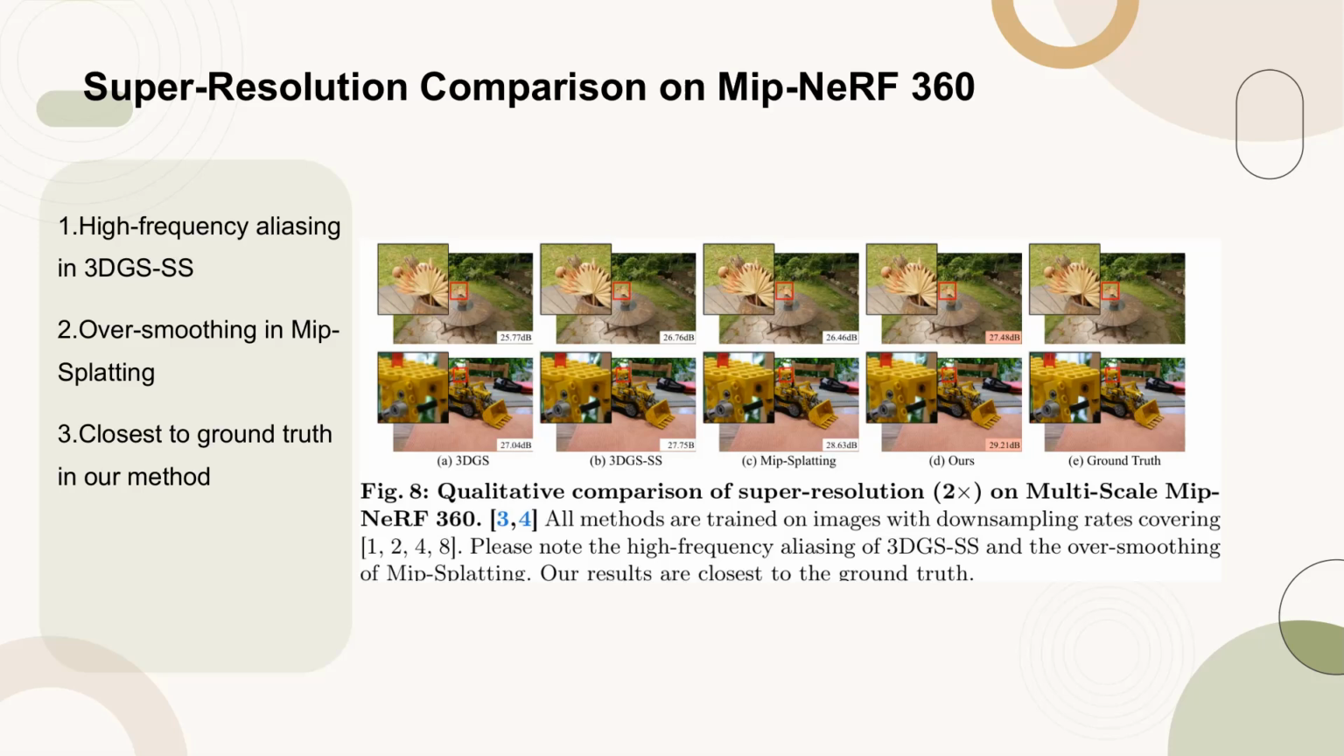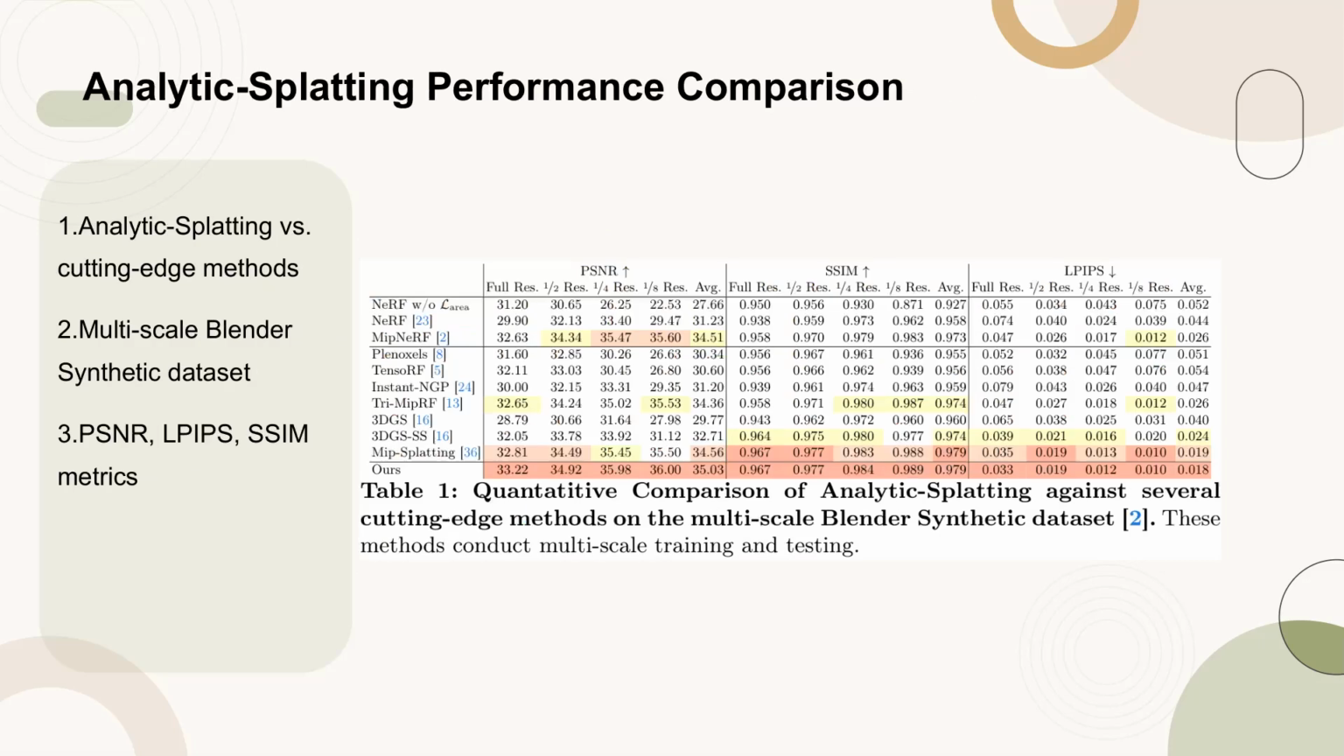scenes. Figure 8 presents a qualitative comparison of super-resolution, 2 times, on the multi-scale MIPNRF 360 dataset. The figure highlights the performance of various methods trained on images with downsampling rates ranging from 1 to 8. Notably, it points out the high-frequency aliasing observed in 3DGS-SS and the oversmoothing effect in MIP-splatting. In contrast, our method's results are depicted as being closest to the ground truth, showcasing superior detail fidelity and anti-aliasing